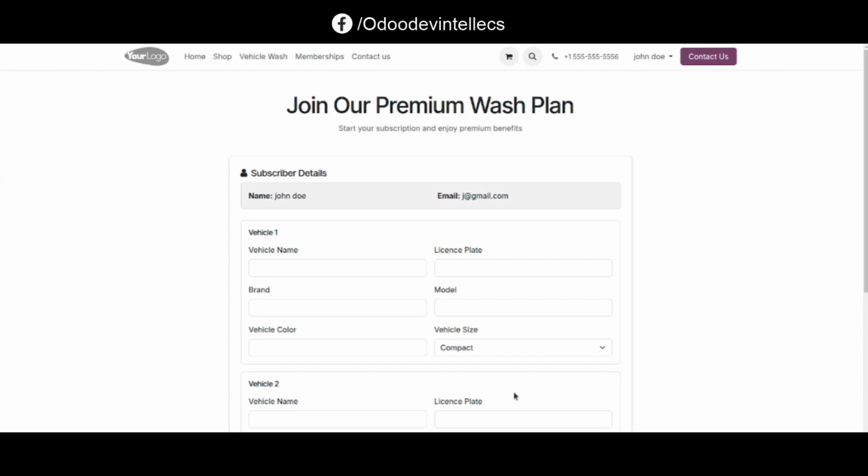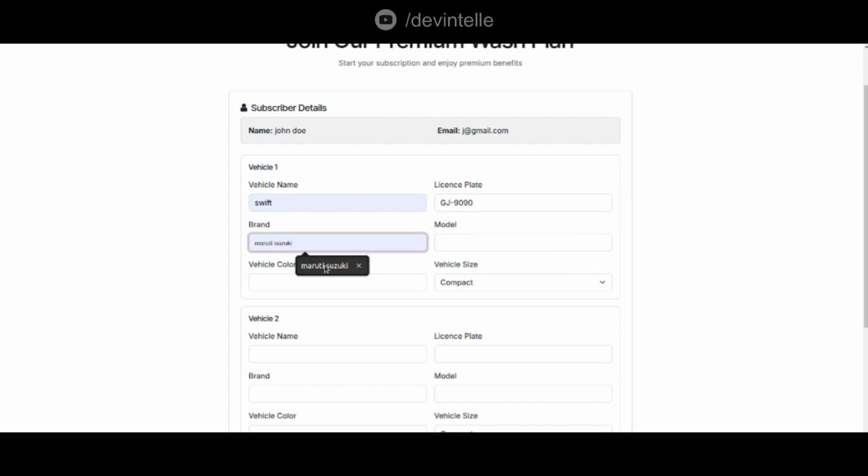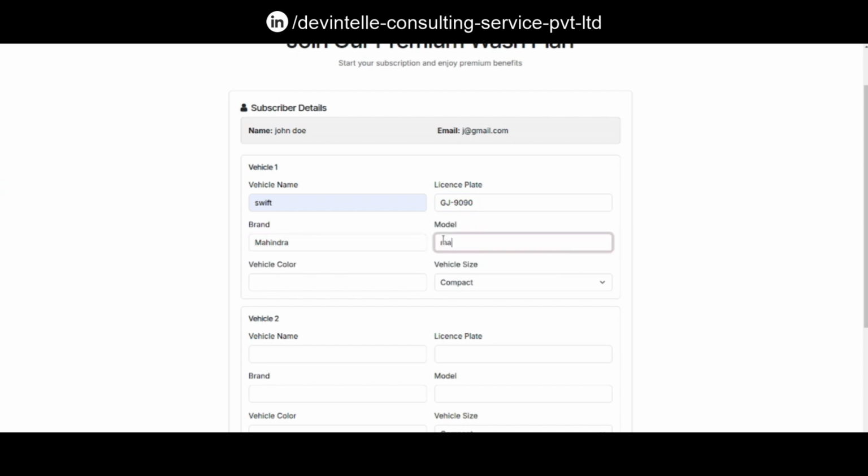And here this form is displayed, with vehicle 1 details and vehicle 2 details. You can easily fill in both vehicles. Now the subscriber details: the name is John Doe and the email is this. Now you can easily write the vehicle name, like Swift, and the license plate. Now add the brand. Now add the vehicle color, select the size,